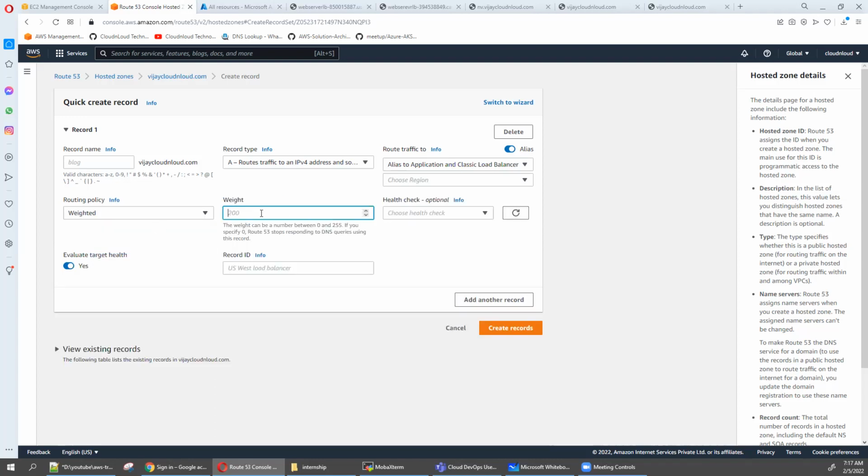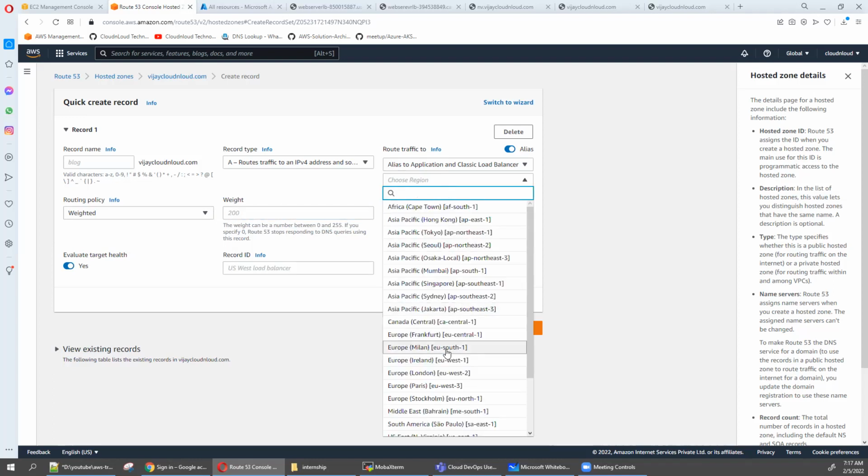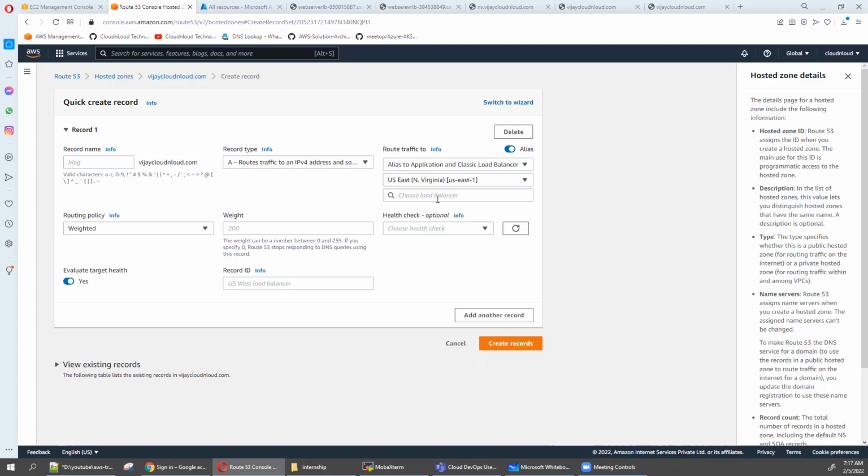So in this, I'm going to say how much weight I'm going to give, right? So which region? I'm going to say North Virginia. I'm going to say 50-50. I want to redirect it to both here. So now,